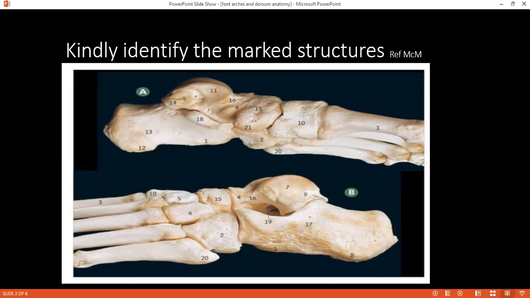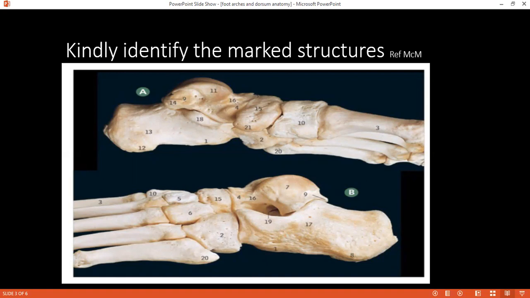Very good. And the ligaments? The ligaments include the deltoid ligament, the short plantar ligament, the long plantar ligament, and the spring ligament. Okay. Can you please tell me what are the stabilizing factors for the foot? Stabilizing factors are the ligaments. On the medial side, it's the deltoid, and on the lateral side,